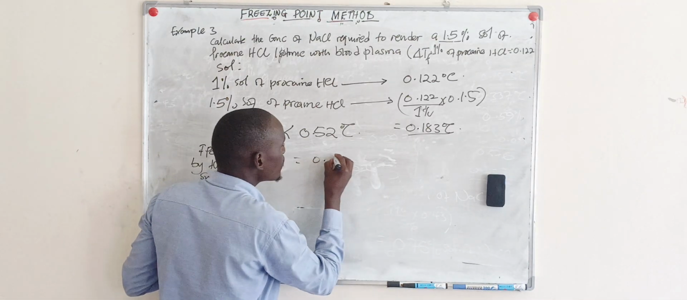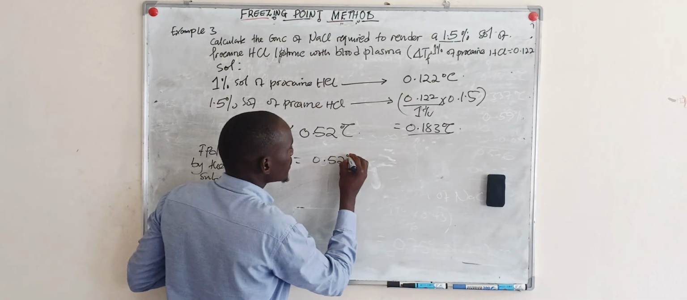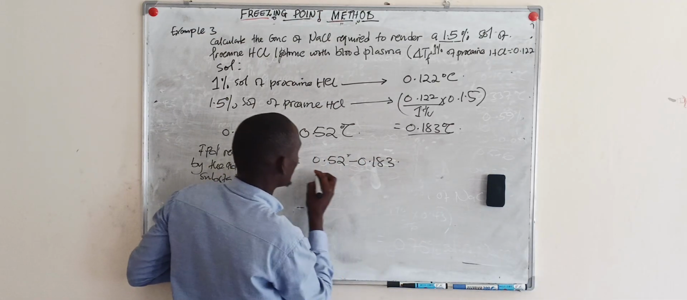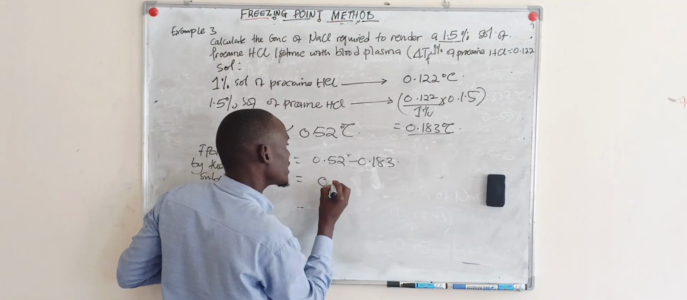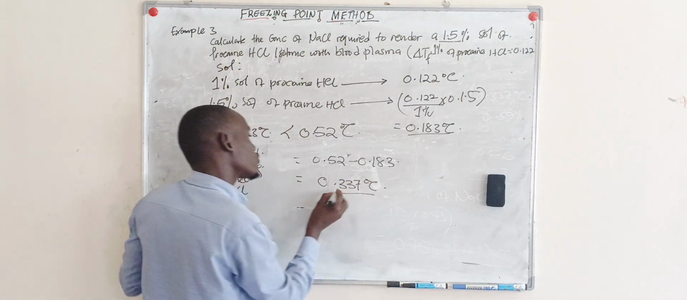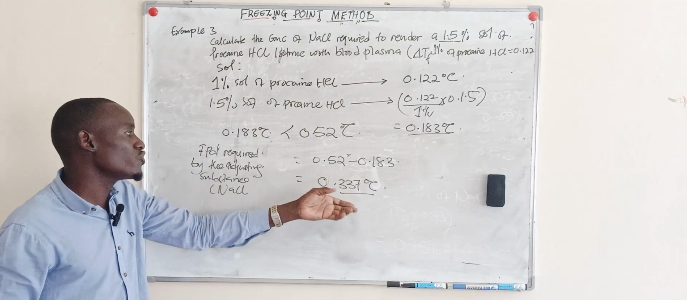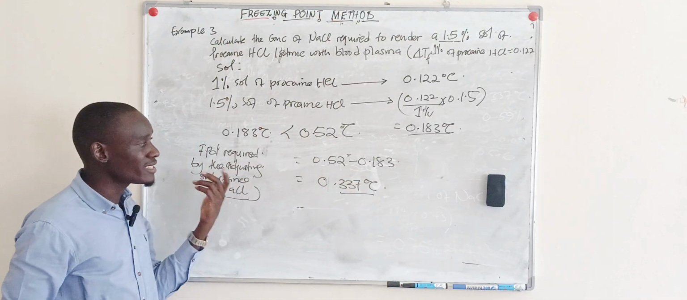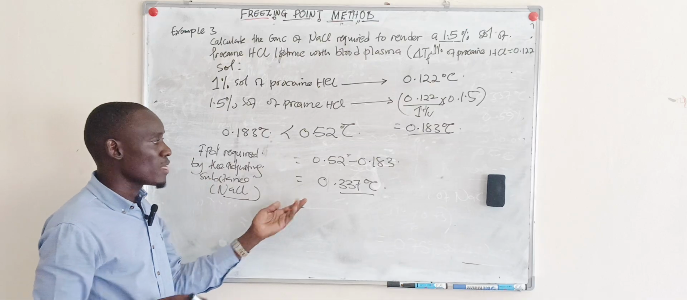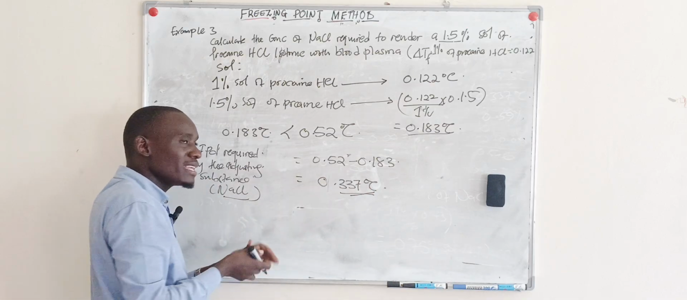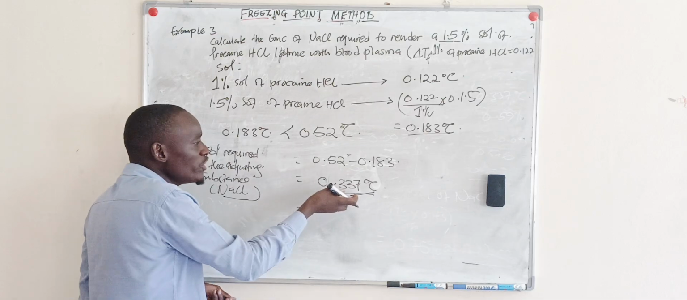It will be 0.52 minus 0.183, and when you compute this, we shall get 0.337 degrees C. So this is the freezing point depression required for our adjusting substance, which in this case is sodium chloride. So after obtaining the freezing point depression of sodium chloride, our main aim,